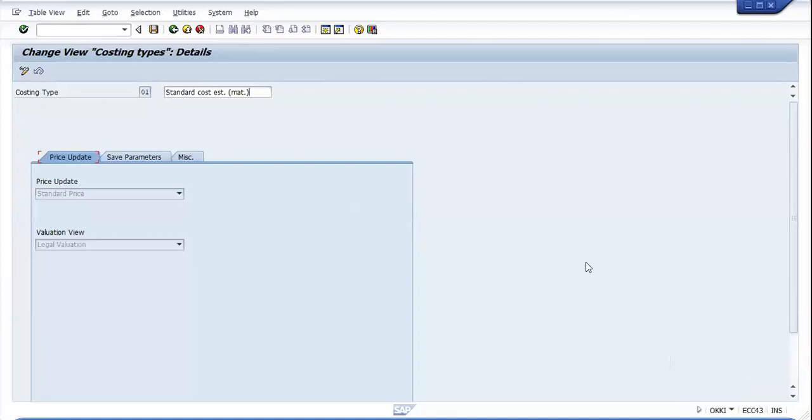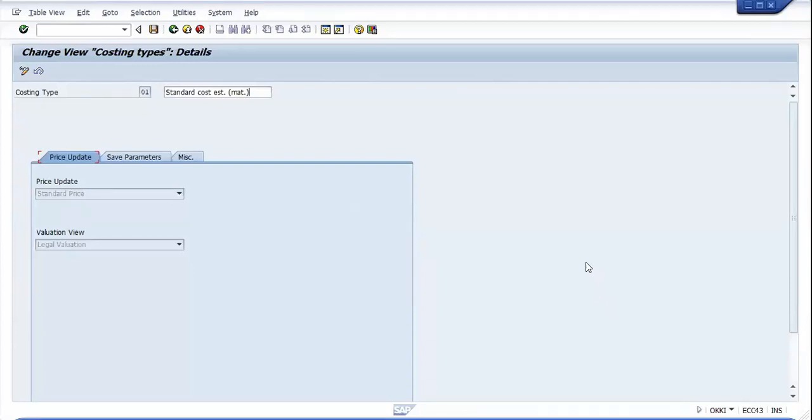Basically, for the standard cost estimate, we must update automatic costings with the start of the period indicator. It's a standard practice. It ensures that the results of the standard cost estimate can be used as a standard price for that period. So we can use the results in place of a standard price. And further, for the other types of costing, we can use the with date indicator.